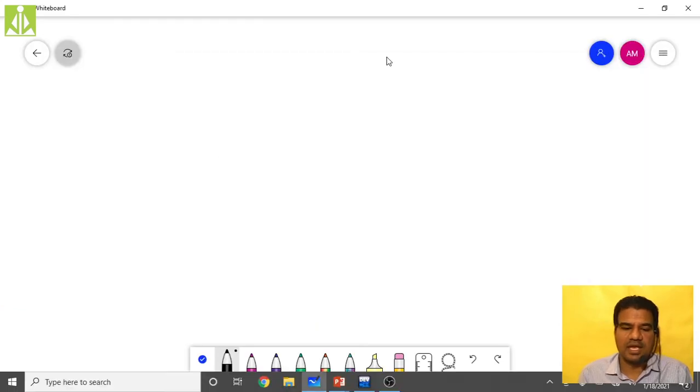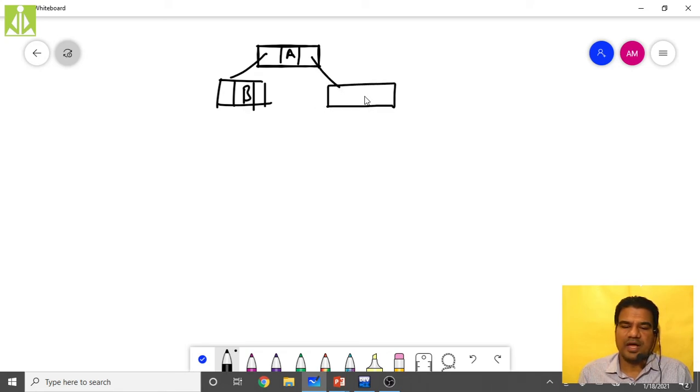First we were having A, so I'm taking A in the middle. Left side to A, we were having another node, that is B. Right side to A, we were having another node, that is C, like this.